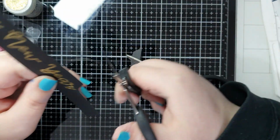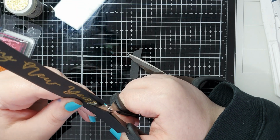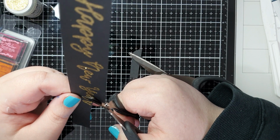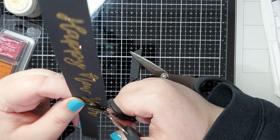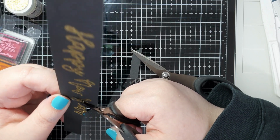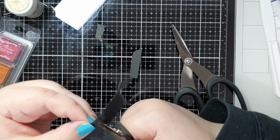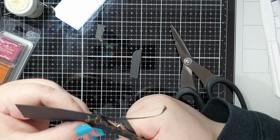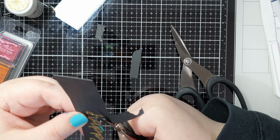So I've embossed it onto some more black cardstock using a metallic sparkly gold embossing powder from Wow, and I've decided that I want to fussy cut the top of it, but I want to keep the bottom straight, and I wanted to do it straight either side of the sentiment. That'll make sense. So I'm fussy cutting it, but I wanted to show you here, when you see people fussy